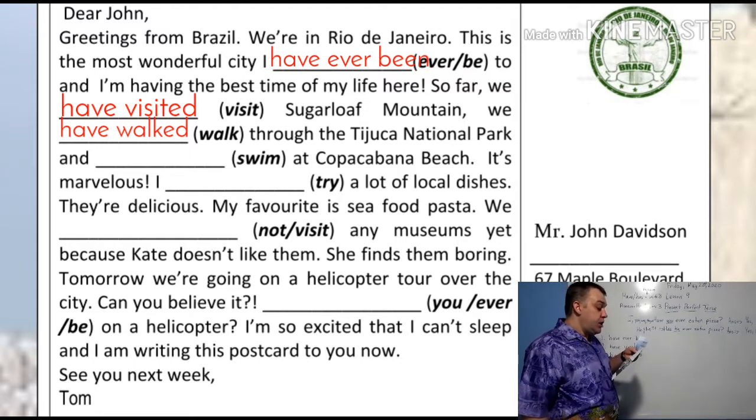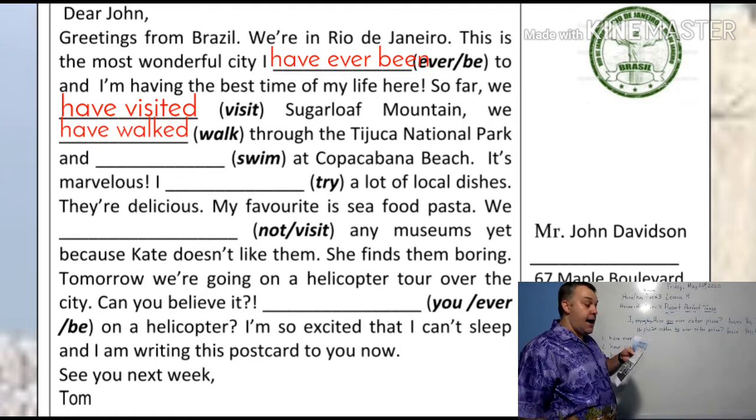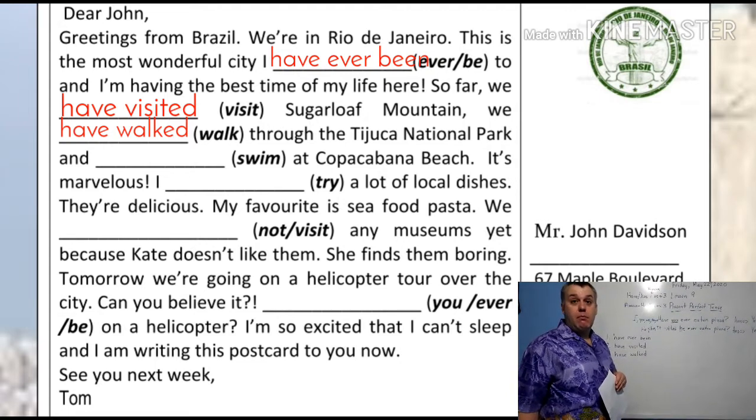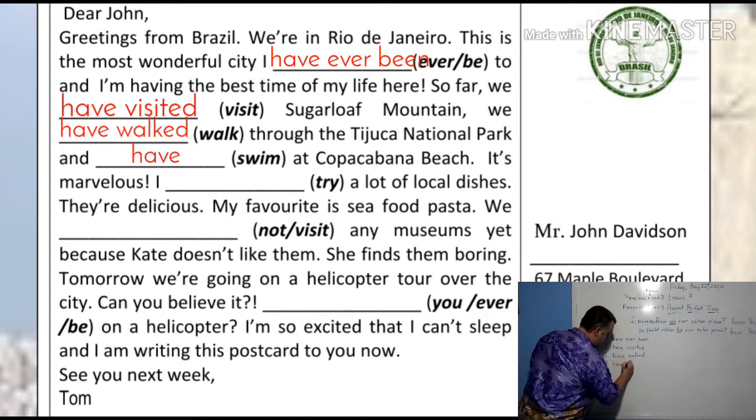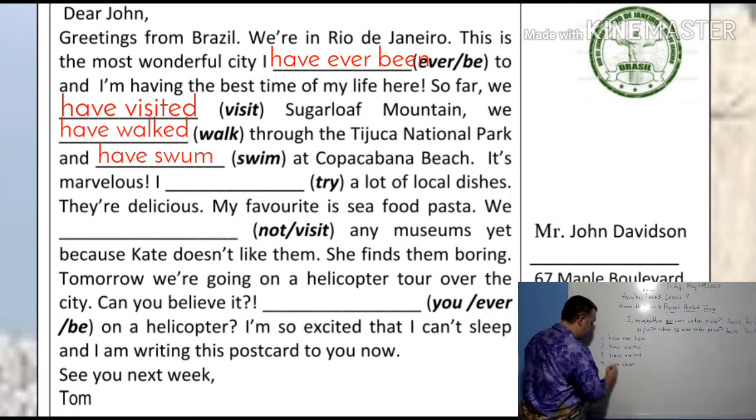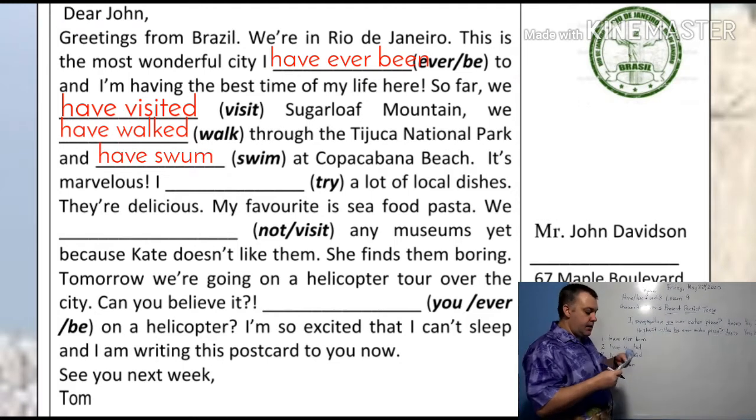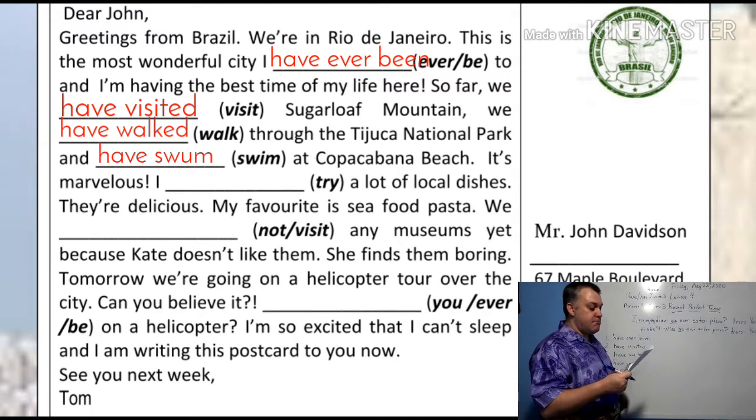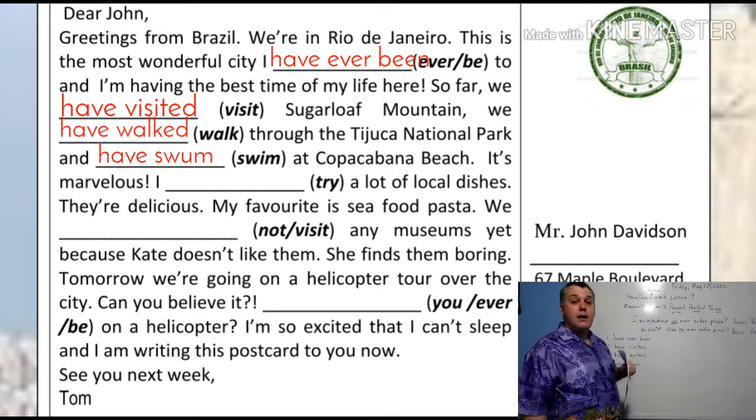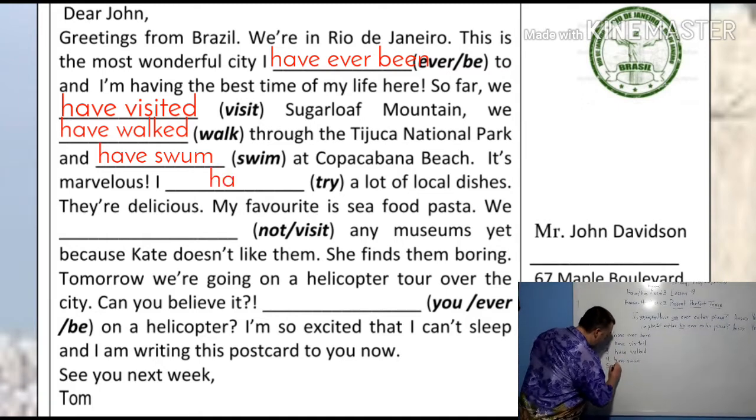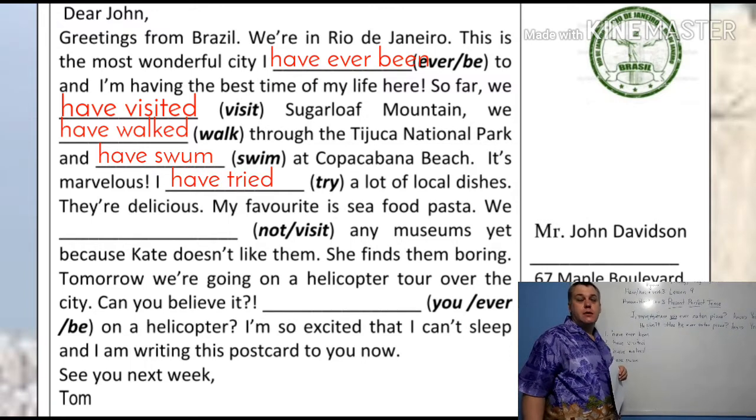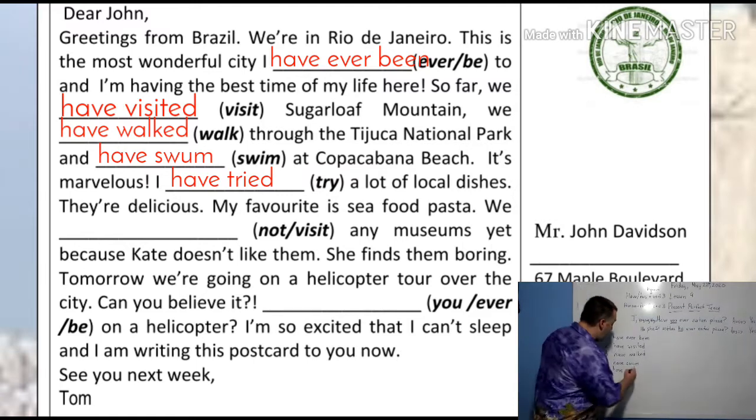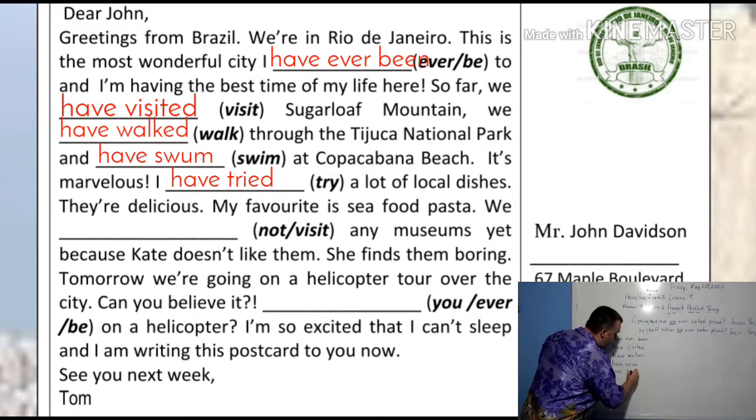through the Tijuca National Park and have swum, right? We have swum at Copacabana Beach. It's marvelous. I have, right? I have. Now, try is irregular. Or is it? No, it's regular. I have tried. Drop the Y and add IED. I have tried